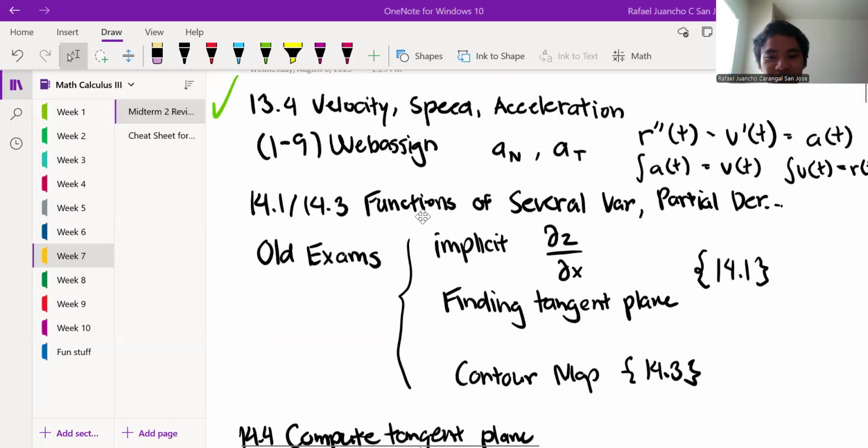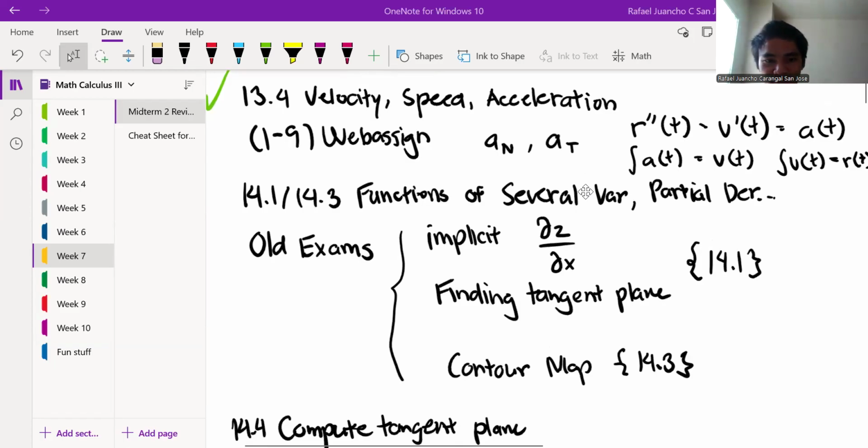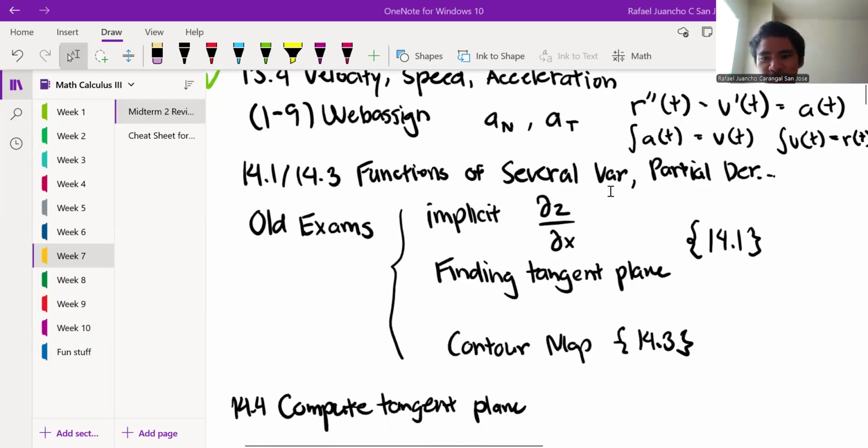So today we're going to be continuing our midterm review. We finished doing 13.4, which is basically about velocity, speed, and acceleration. Now we're going to move on to functions of two variables and partial derivatives. Here I'm actually going to look at some old exams maybe regarding